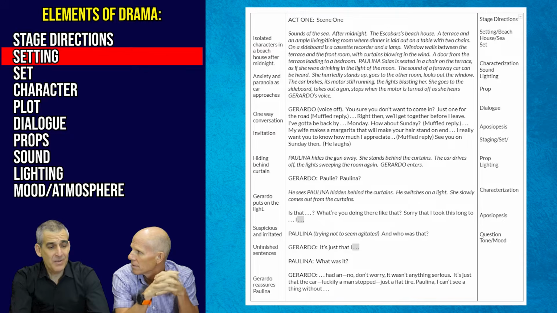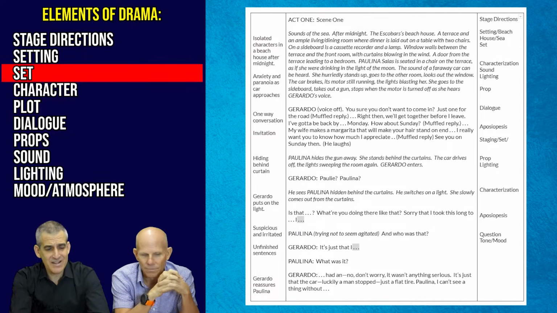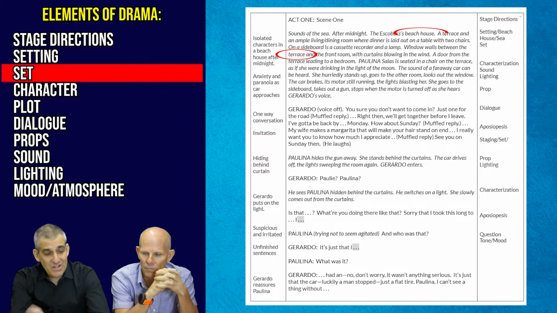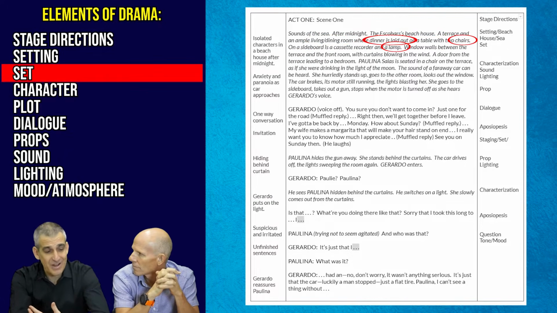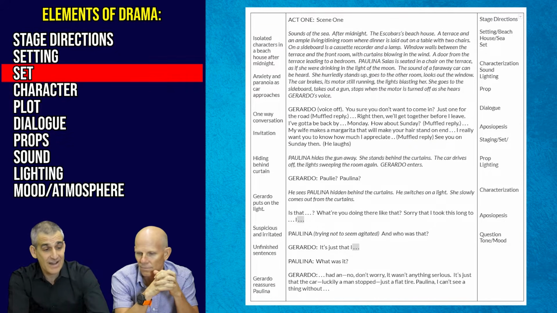Yeah, and then when we think about the setting, we want to think about the set itself, Mr. Giles. How is the set set up? And here I see, okay, there's a terrace, it's a beach house, as you said. I can see a living room, a dining room. I can see dinner on the table. There's chairs, there's lamps. I have a really good idea. Dorfman has told the director how he wants the set established and how he wants things positioned on the actual stage. That's a pretty clear set, in my opinion.